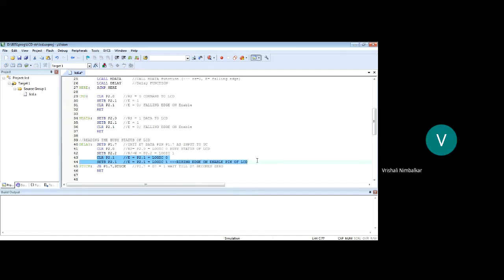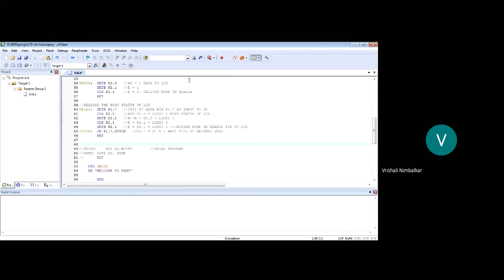Activate the read operation. After doing all the control signal initialization, we read the D7th pin. And if the D7th pin is 1, we wait at the same jump instruction. JB, jump if the bit is set. Where? At the same jump instruction. And once the bit is 0, we return to the main program, because initialization is over. This is a much more effective way of giving time to the LCD to initialize itself.